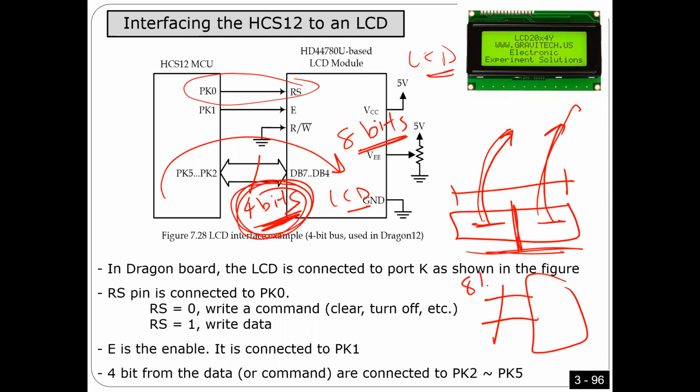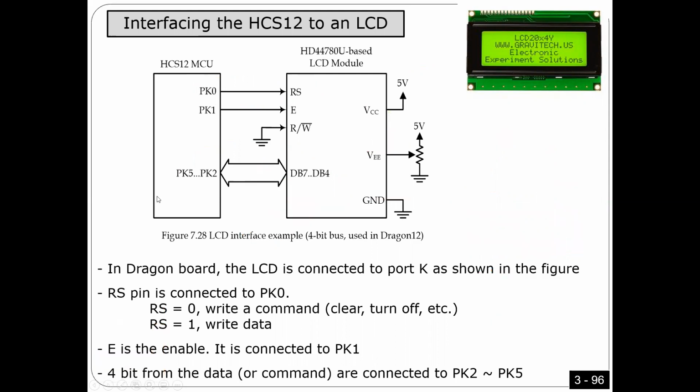So here, 8 bits. That means you can send the byte at the same time, only one time. It's not gonna be 2 transmissions. Okay, it may be this way, or it may be 4 by 4 as I mentioned now. Another thing I want to tell you about, guys, is here,